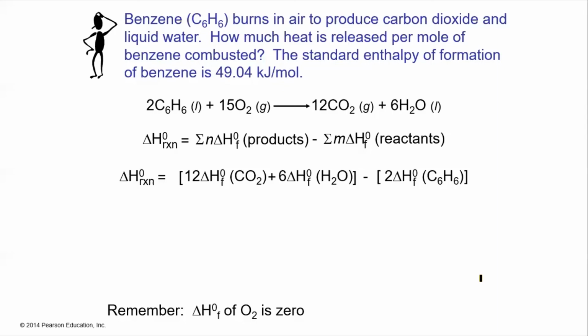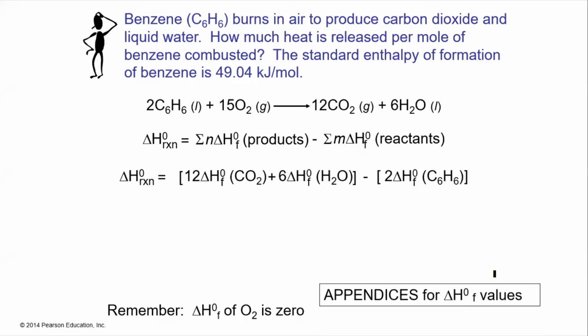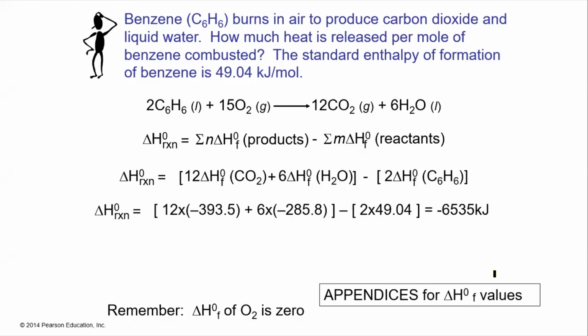Okay, so we're going to look up these values in the appendices. CO2 is minus 393.5 kilojoules per mole, and there's 12 moles of it. Water, liquid, is minus 285.8. And then the benzene, they gave it to us already at 49.04. But there's 2 units. So we do the math there, and you get to this value here of